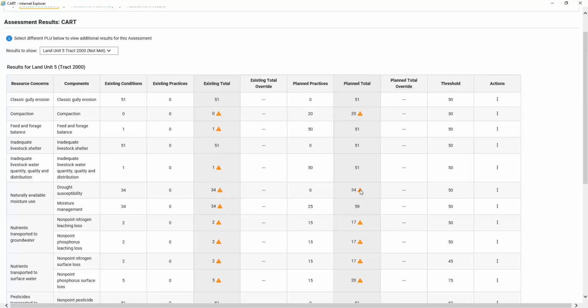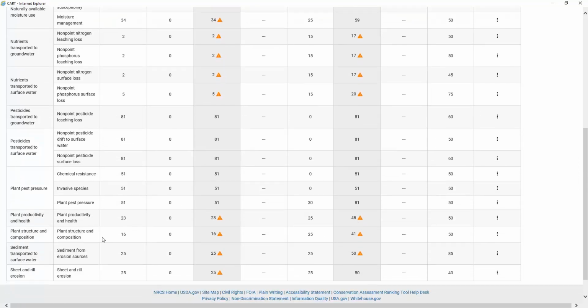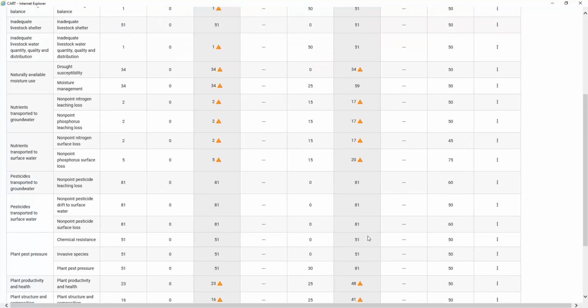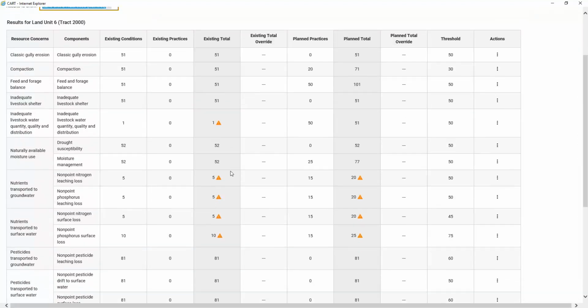on the compaction, natural available moisture use due to drought susceptibility, and the nutrients were a problem, and also the plant productivity and health, and sediment transported to surface water. So we still had a little bit of concerns with those. Now, however, if we look at land unit 6, which did not have so many concerns to begin with